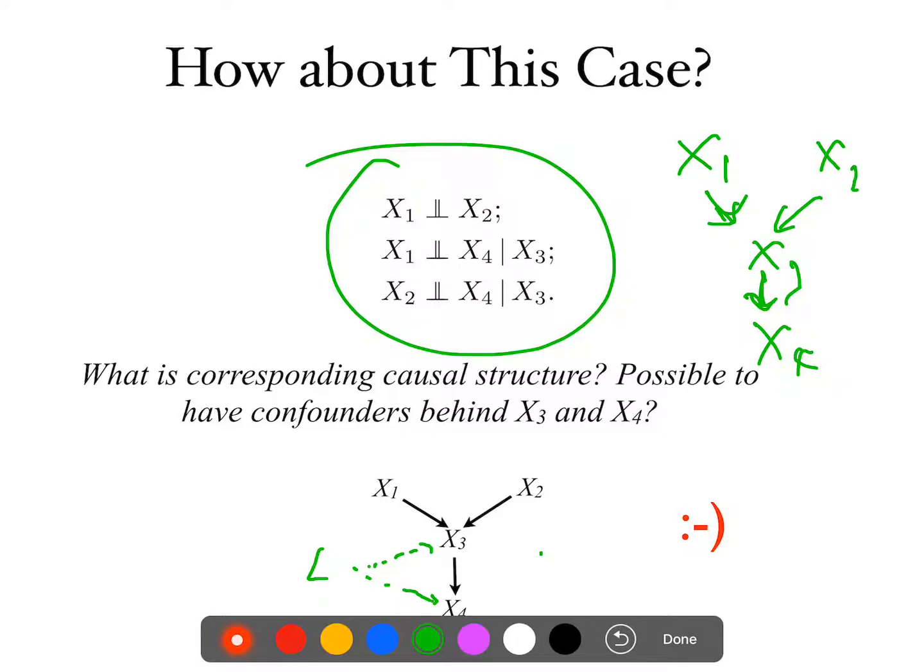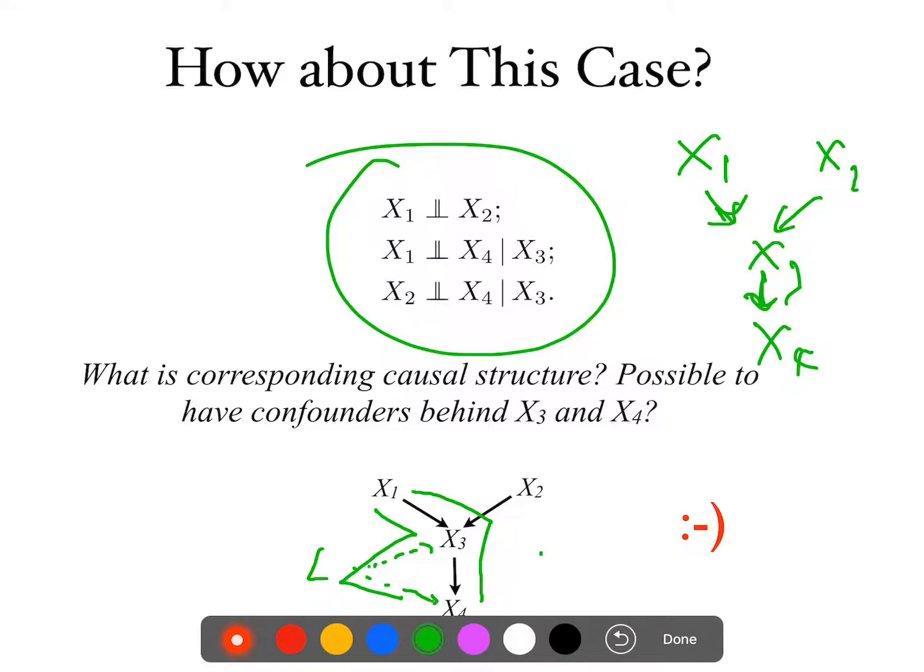Why? Because given x3, you have this open path. x1 and x4 will not be independent given x3. Which path can we see? Now if you have a confounder here, there are two paths between 1 and 4. This is one of them, from 1 to 3 to 4. This one is blocked by x3, right? This d-separation, this one is blocked. But this one